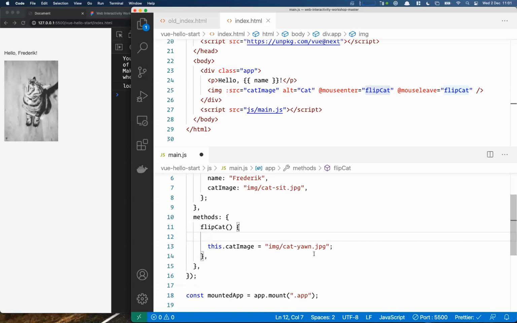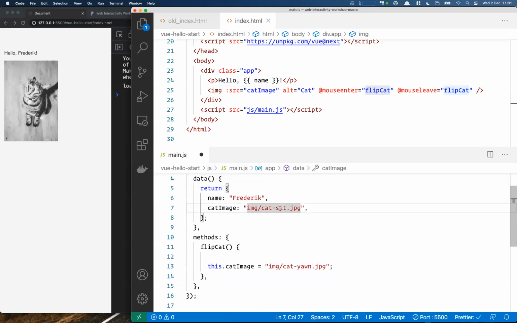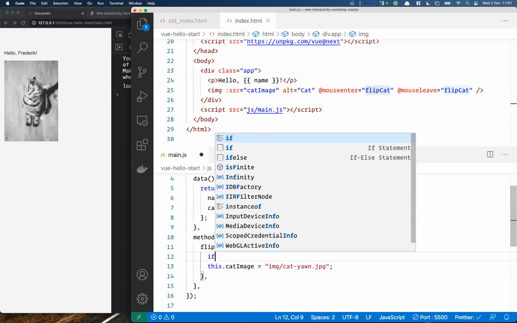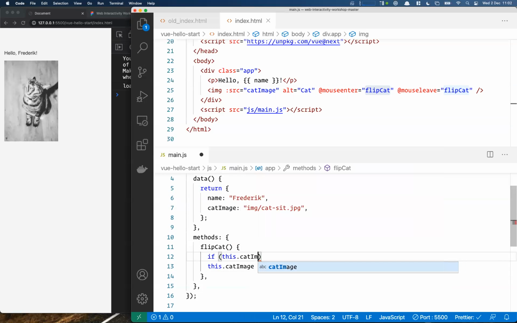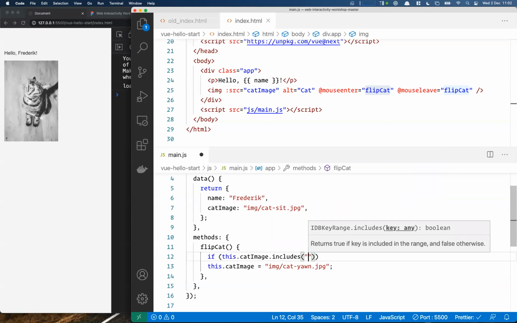The big difference between these images is that one has the word sit in it and the other has the word yawn in it. So what we're going to do is look for, if the cat image has the word sit in it, then we're going to take the yawn image. If the cat image doesn't have the word sit in it, then we're going to replace it with the sitting cat, right? So it's basically flipping between the two states. So here we're going to ask if this.cat image, and then we write a typical JavaScript thing, because this is a string, we can ask if it includes the word sit,